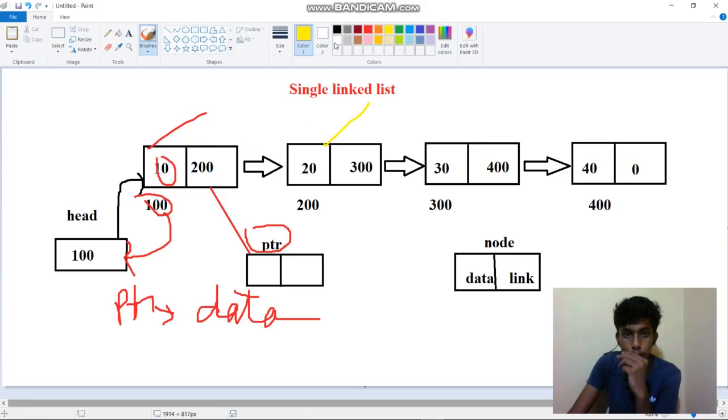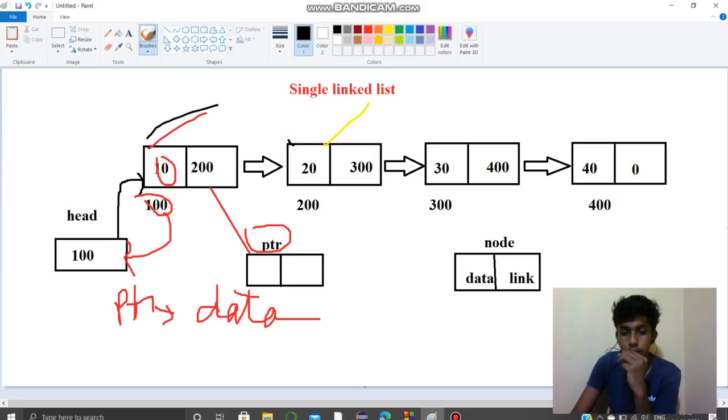So what will happen, it will swap. The node which we are creating should be at the beginning, and this will go second. That is the operation we are going to do.